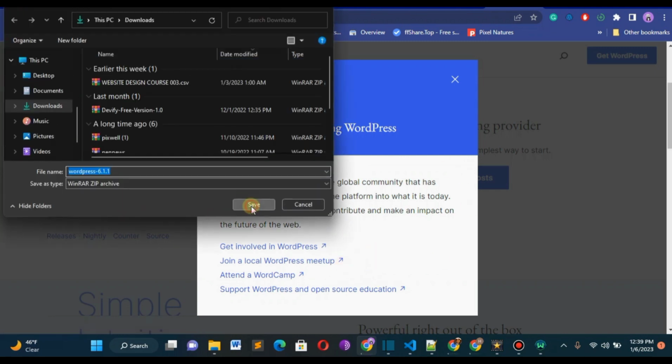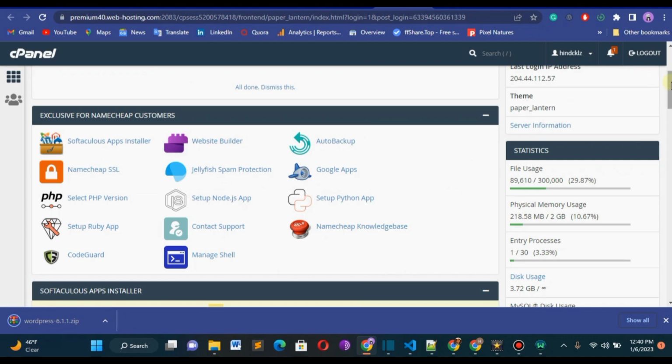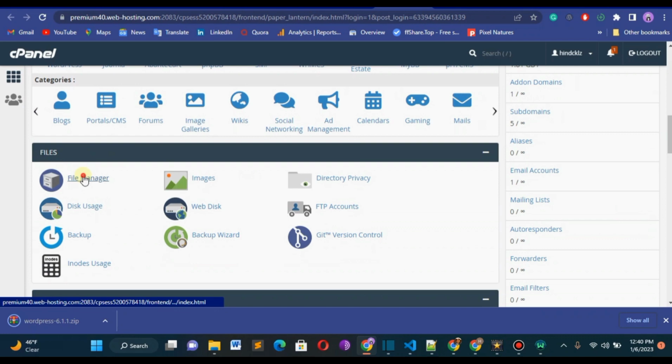So you have to wait. Okay, now the downloading has started. You just need to wait for this download to be over. Then we are going to go into our cPanel and install this script. Now, as you can see, the download has been successful. So let's go back to our cPanel, and then you scroll down to File Manager. So go to File Manager,